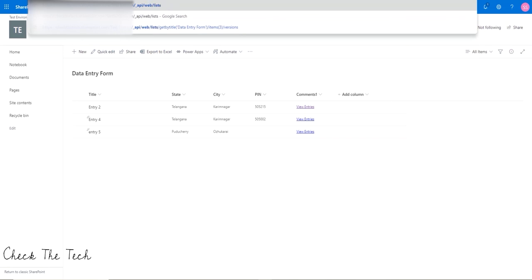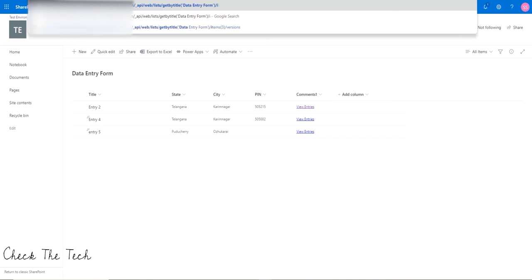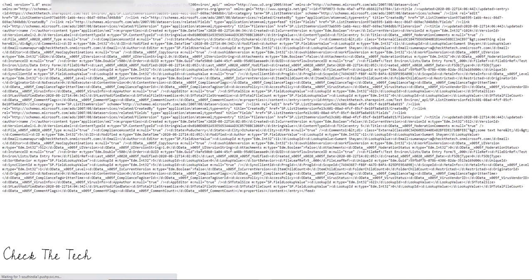Let's get by title, data entry form, and I'm going to say I'm going to need the items here, and I am particularly interested in the item with ID 5, and I need all the versions of this specific item. So if I make this call to the site,